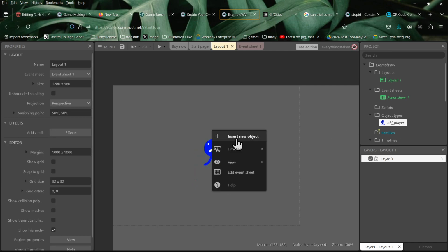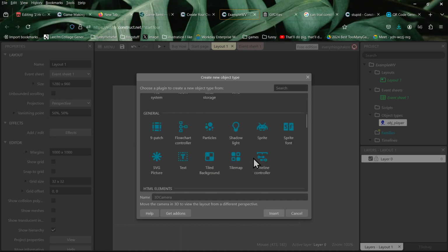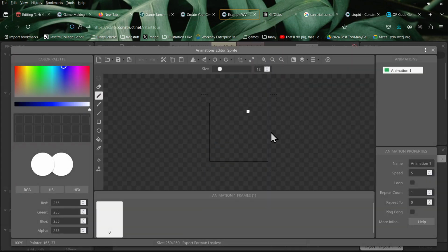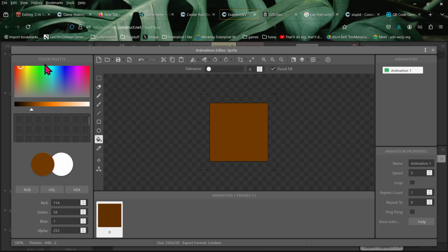And then the next thing I'm going to do is make another sprite. And we all know that a platformer needs brown bricks. So I'm just going to do a brick color.